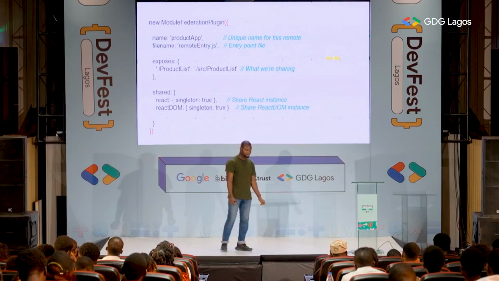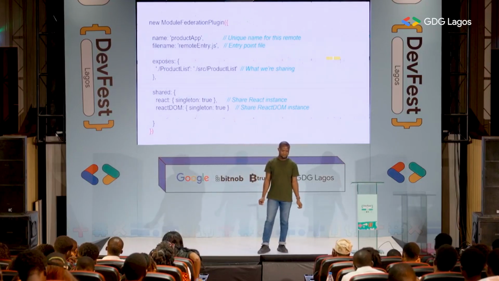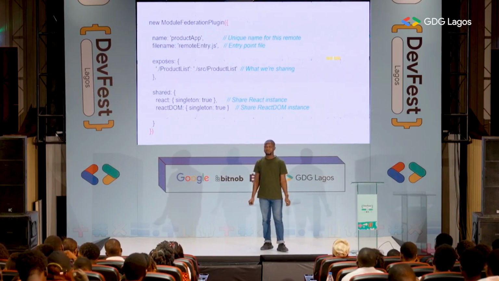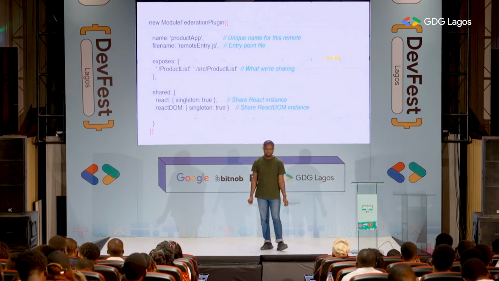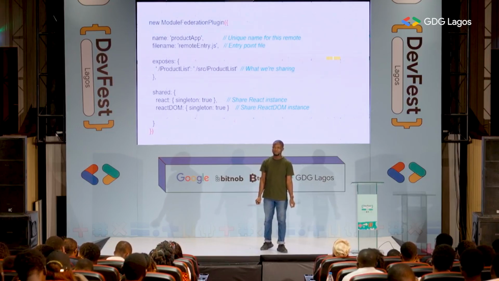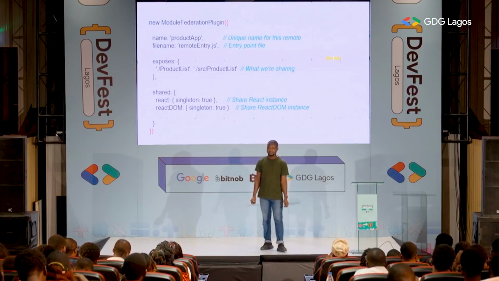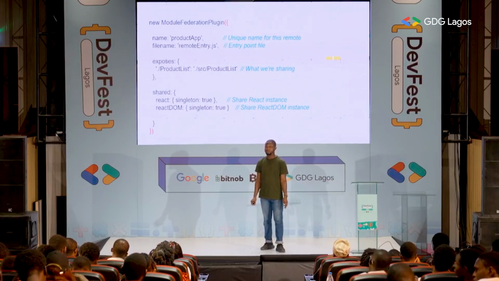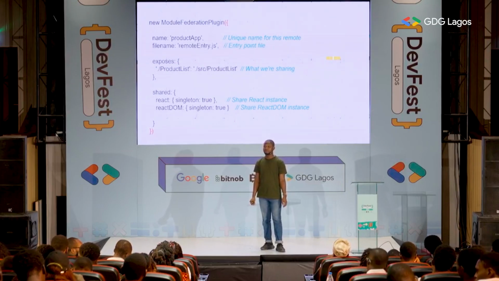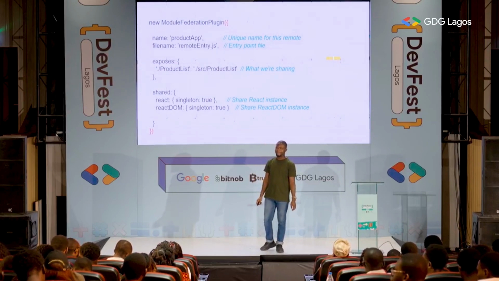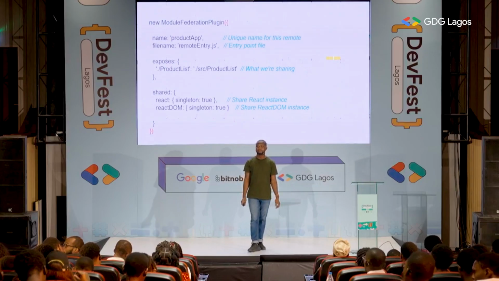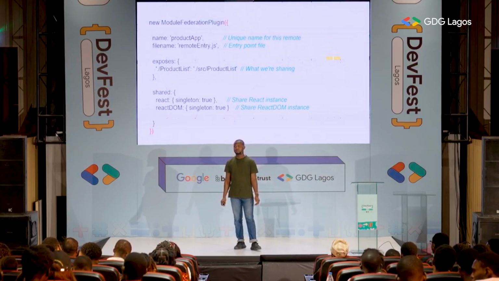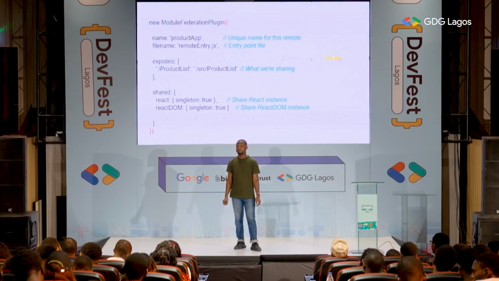Is that right? Okay, so for instance, now you have cart, you have inventory, you have maybe another module. That means this file is going to be in your host repo. So do you now have to clone, or how do you make that link? Because you said the remotes are actually isolated projects on their own, and those isolated projects will be deployed in various GitHub repos. So how do you make that link?